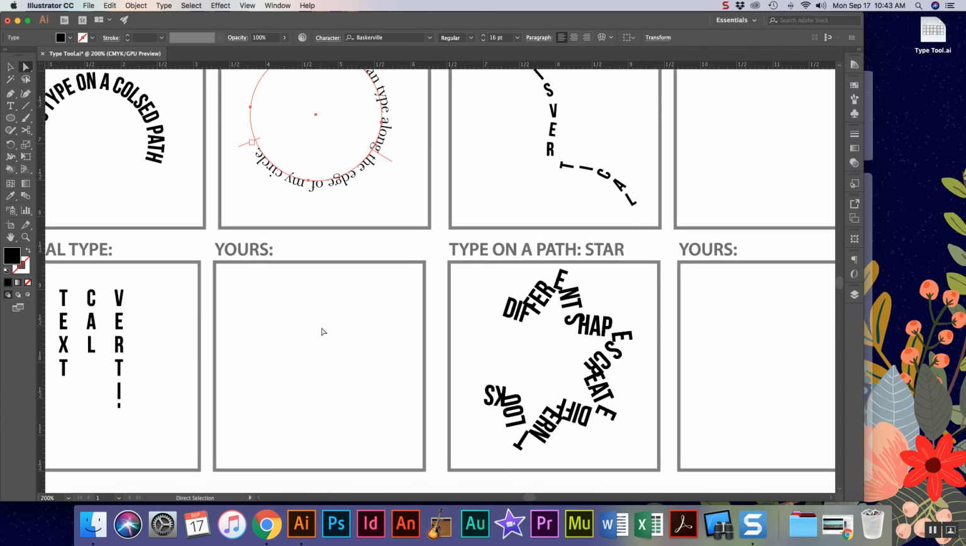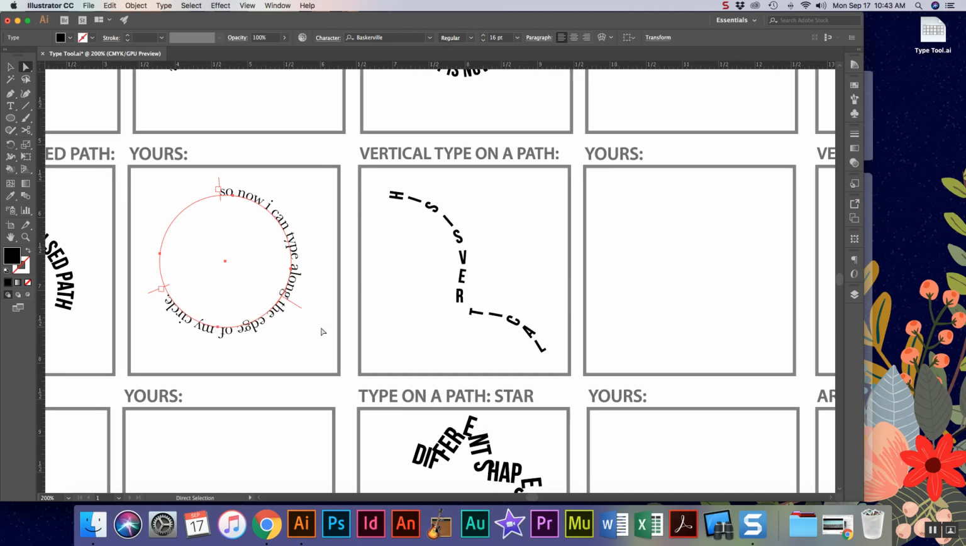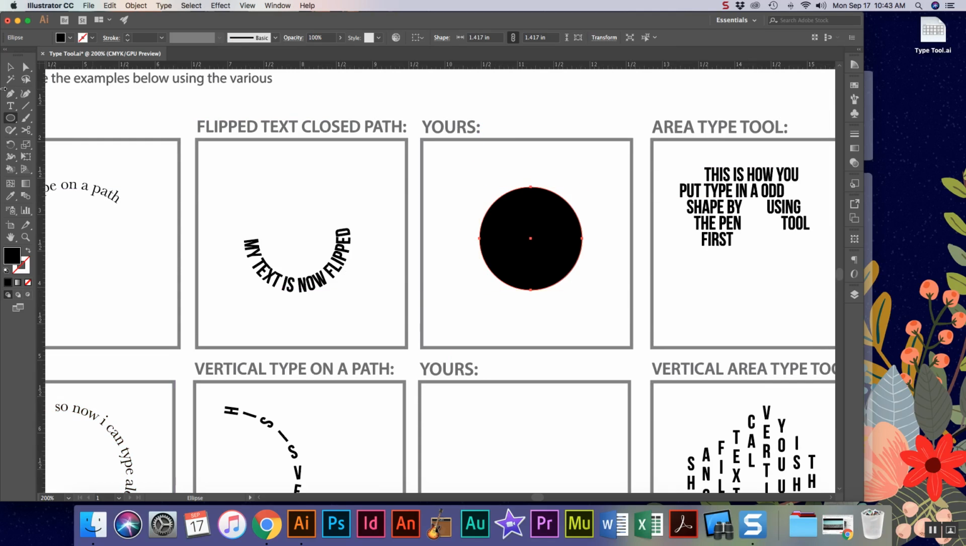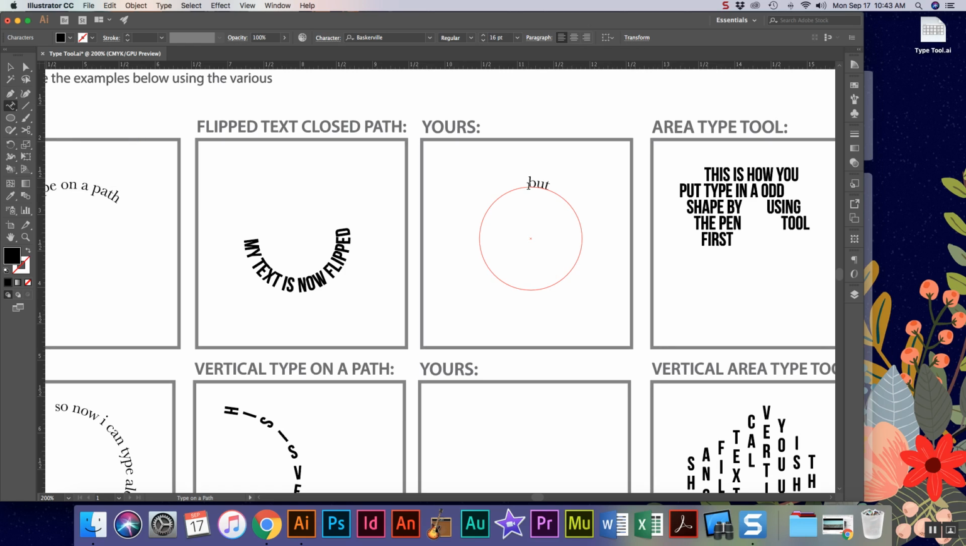All right. This is your vertical type. I'm sorry, we're going to do this one first. This is your flip on a closed path. So it's the same way we just did. So I'm going to draw a circle. I'm going to type on a path. But this time, I want to flip my words